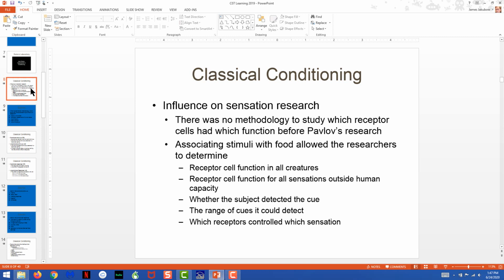Now, as much as that might seem like simple research by today's standards, it had an enormous influence on the field of psychology as well as the field of biology, largely because at the time that this work was done in 1902 and immediately afterward, there were no experimental techniques for you to understand what effect a receptor had inside